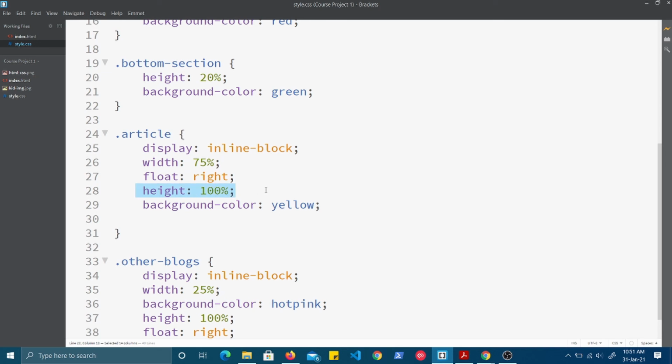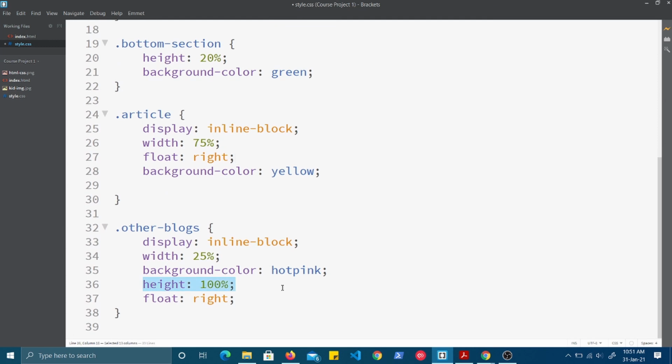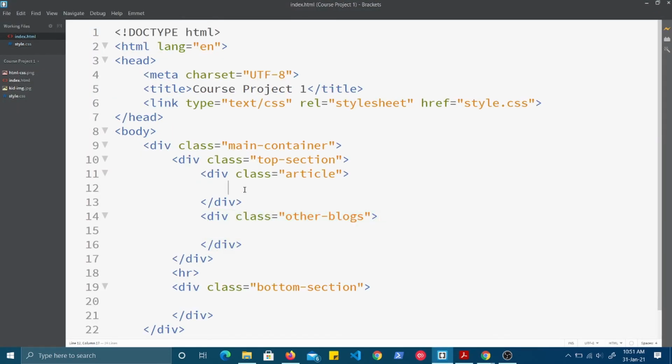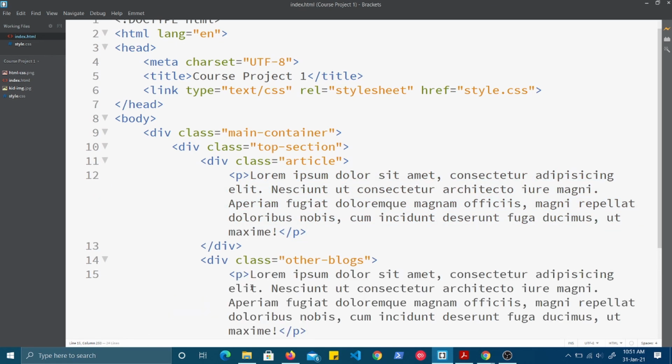So let me delete the height for the other blocks also, and we will put the content and see whether it will appear or not. Just go into this and put some para, lorem, and copy this again and put it here also.